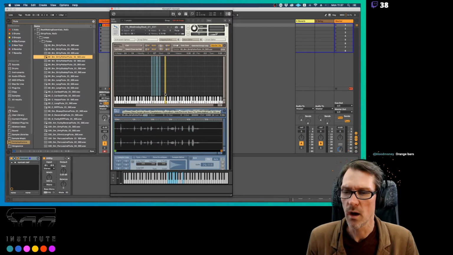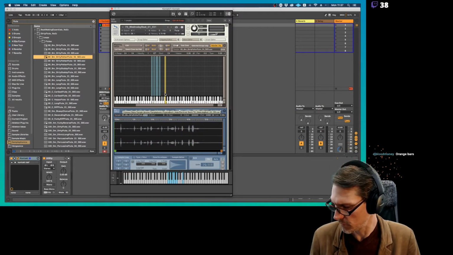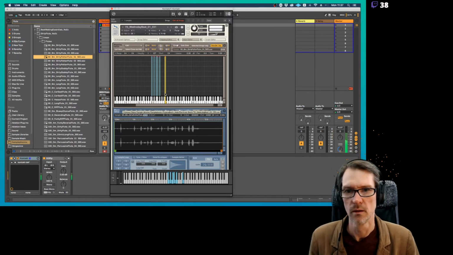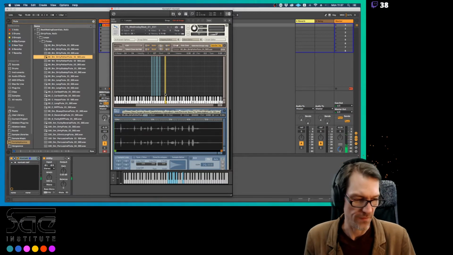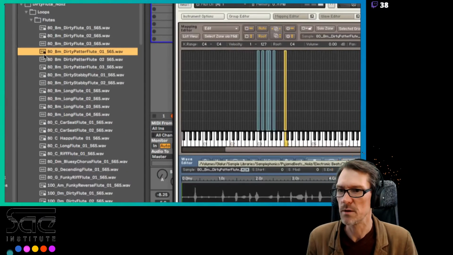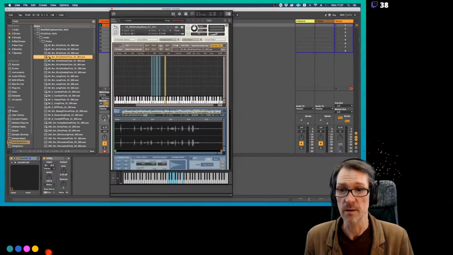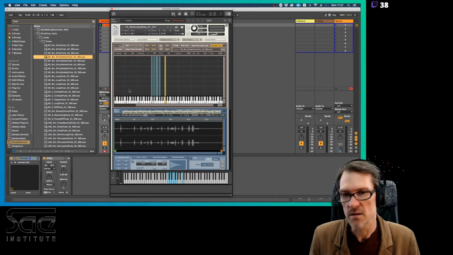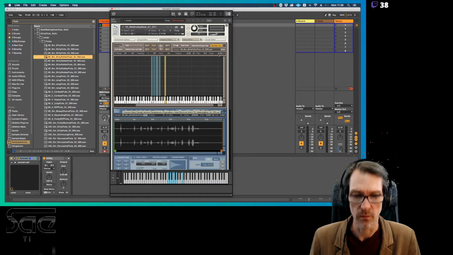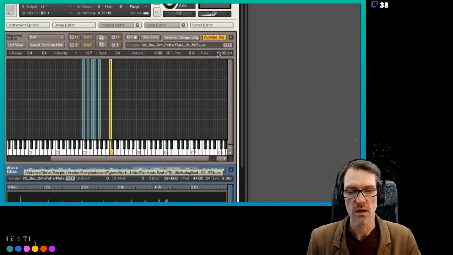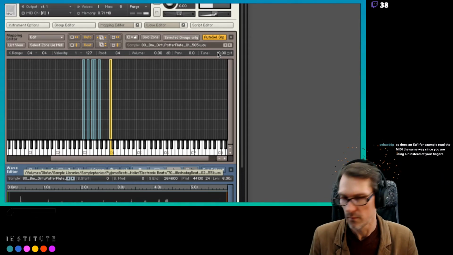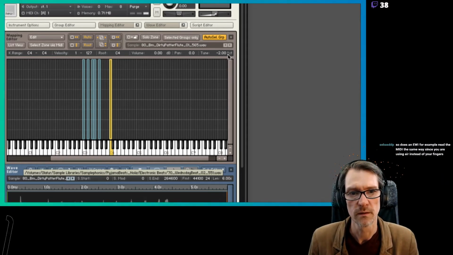Now, a couple things. One, you're going to see that this loop is a different tempo from all these other drums. See here how it's faster than all the other drums? The reason why it's faster, and we can see this over here, is that it's at 80 BPM rather than 70 BPM, which is all my other samples. So what I'm going to do is slow it down by tuning it down. Remember, you can adjust the tuning in here, and a lower tuning makes it go slower. So if I go over here and I just push this,